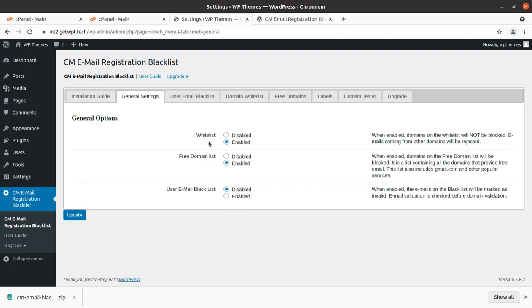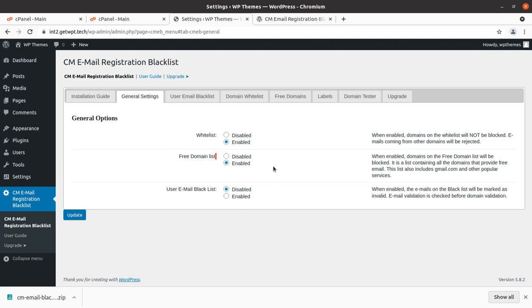When the whitelist is enabled, domains on the whitelist will not be blocked. So we can whitelist certain domains and a number of domains. The free domain list is another great feature that offers a number of domains already listed, and if it is enabled, domains on the free domain list will be blocked.